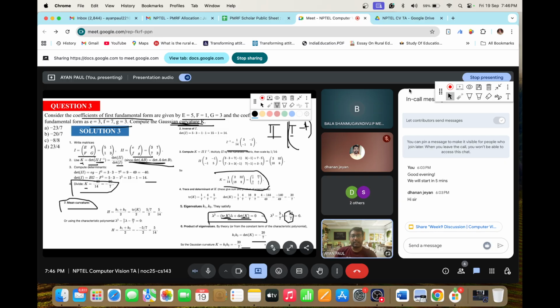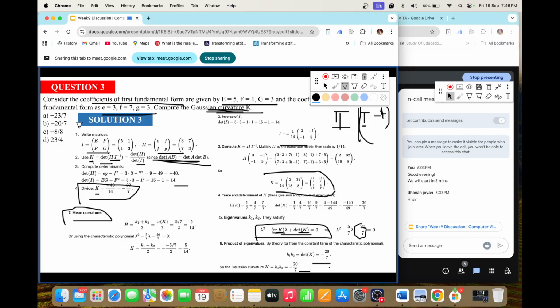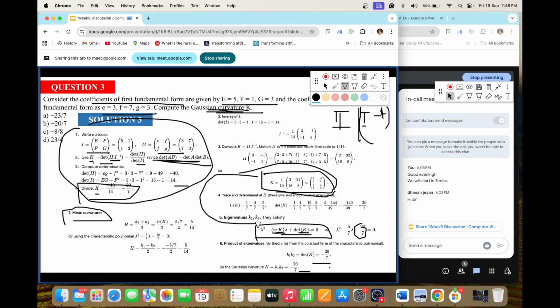But you all understand, right? This is the first method. Let me again tell you, this is the first method. If you are only given to calculate k, you can just do this and get the answer. But the best thing is to get the linear map. Why are we getting the linear map? If we form the linear map and then form the characteristic equation, we will get both.